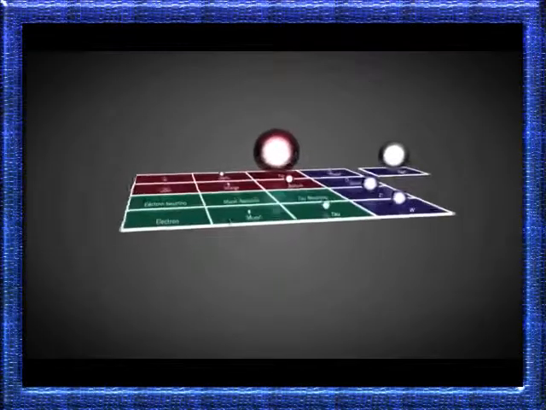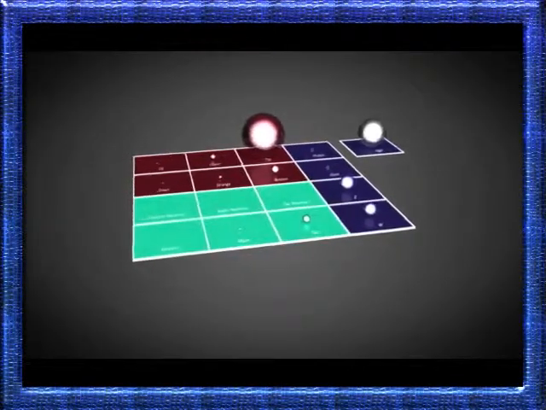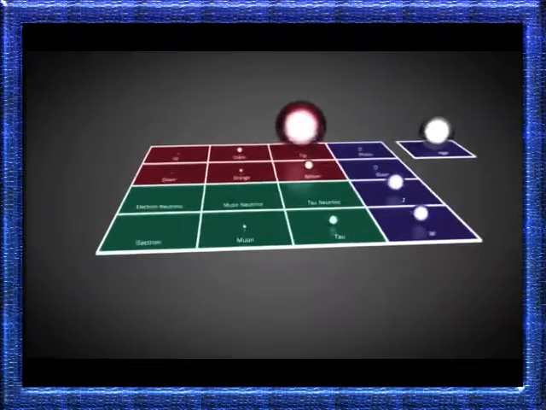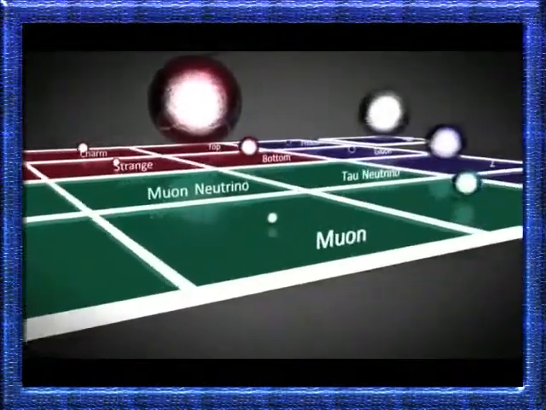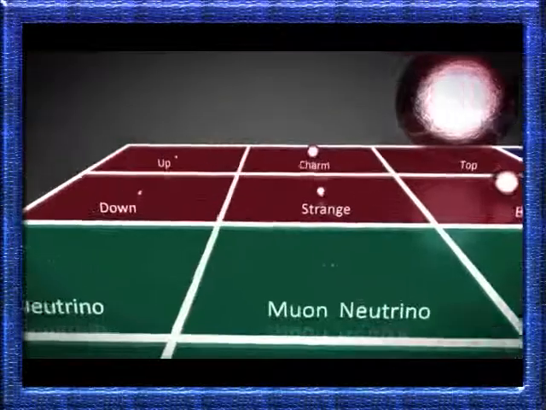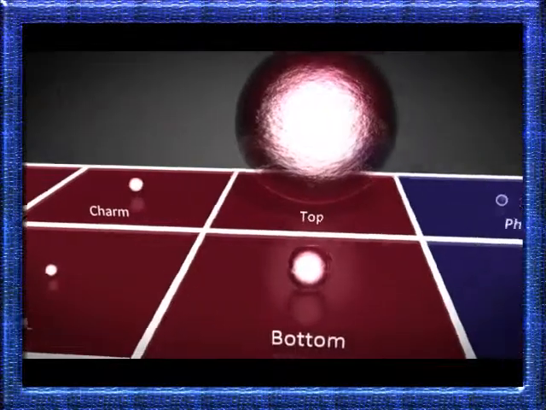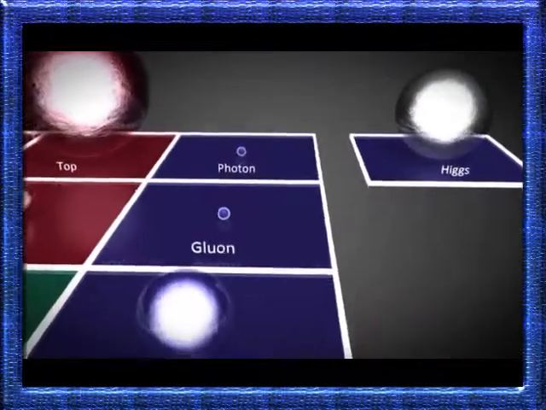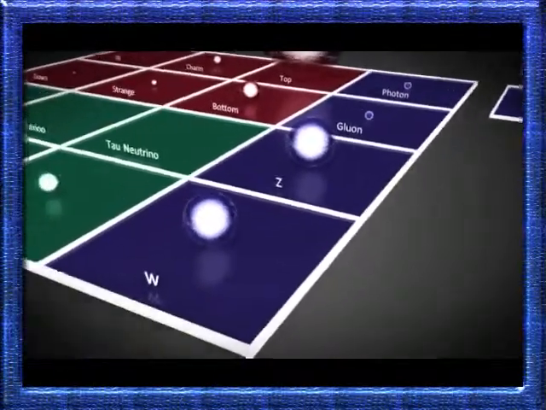This is the standard model of elementary particles that make up the known universe. They are divided into groups called the leptons, the quarks, and the gauge bosons. The leptons consist of the atomic electron and its two larger cousins, the muon and the tau, as well as three types of neutrino. The quark group consists of the up and down quarks, which make up the constituents of protons and neutrons, as well as their larger cousins, the charm, strange, top, and bottom quarks. The gauge bosons consist of the carrier particles for three of the fundamental forces of nature. These include the photon, the gluon, and the W and Z bosons.